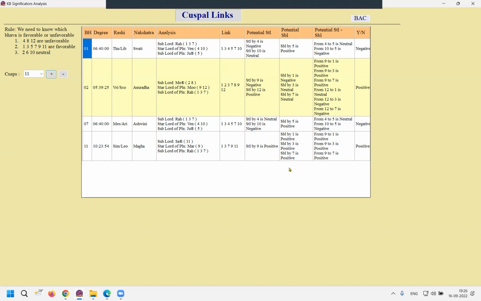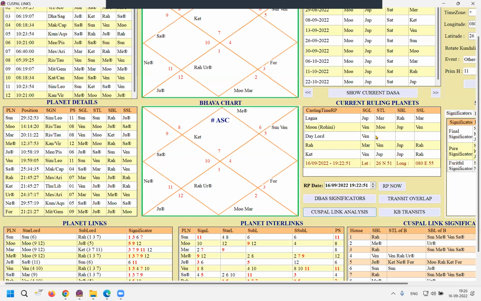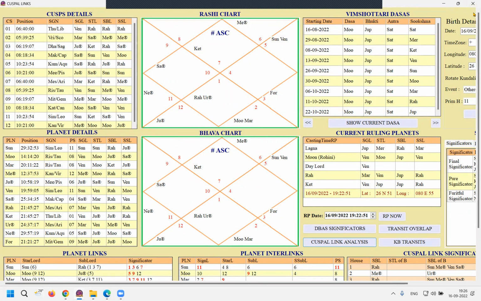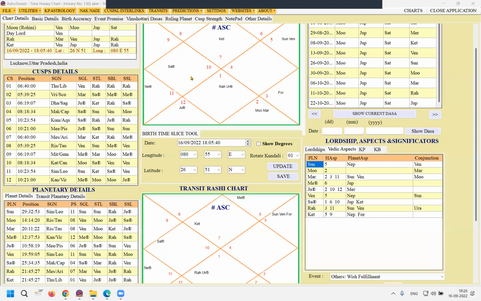So overall, the star lord and sublord both are indicating a positive response to his question as per the Cuspal Interlink as well. So he is destined to become the minister. So if we go further, we can also integrate the Nakshatra Nadi principle as well. So if we take the Nakshatra Nadi here,